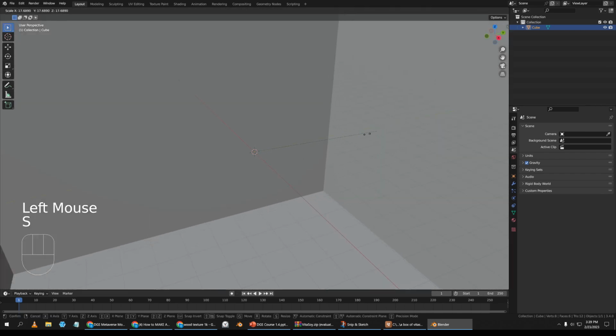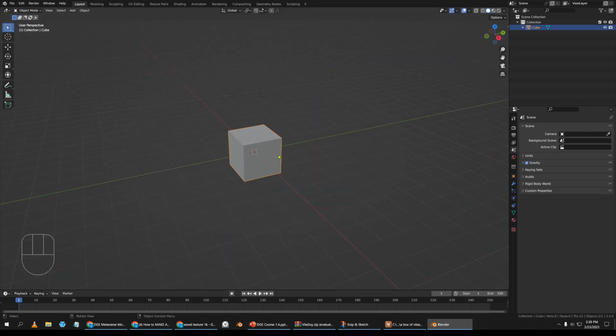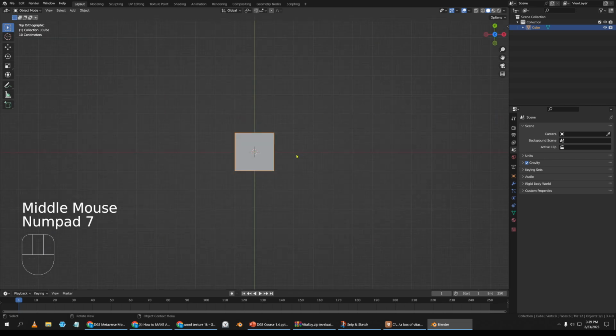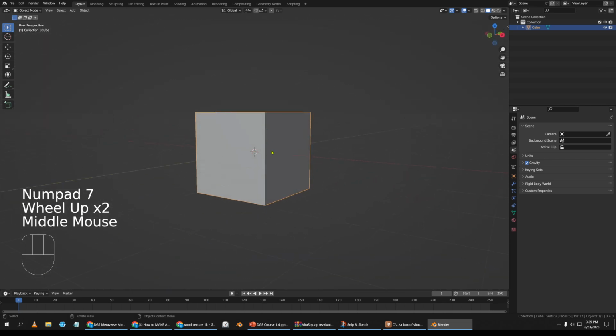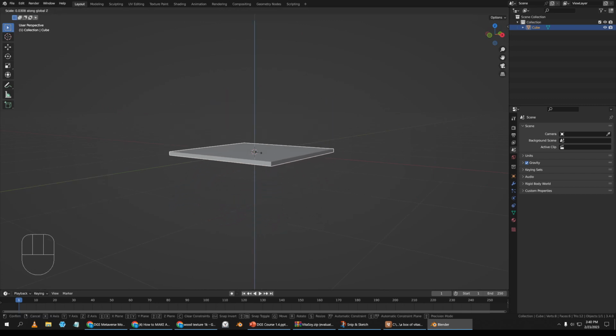If I scale it out like that, like what I just did, I'm actually creating a really big table. The problem with that is when you use this asset later on, let's say in an animation or a game, then you gotta scale it back down to match the environment. Okay, so back to this. I'll just leave the cube as is, 2 meters in dimension, scale on the Z to make it flat like